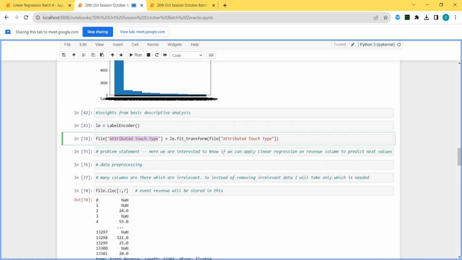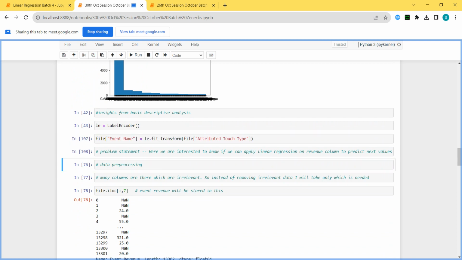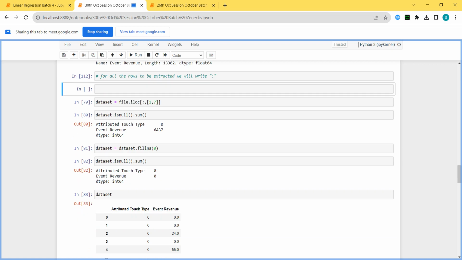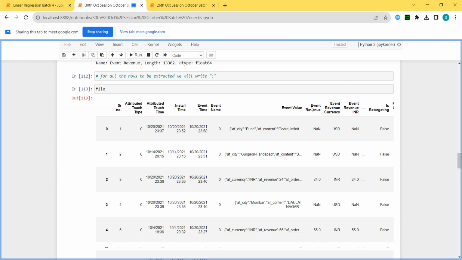So I will now label this particular column, and you will see that after labeling, I need to check which column number it is. 1 was the column number for attribute touch type. Similarly, what is the column number for this event name that I will check? This is 0, 1, 2, 3, 4, 5.